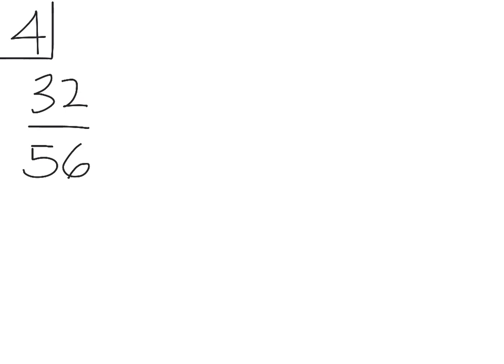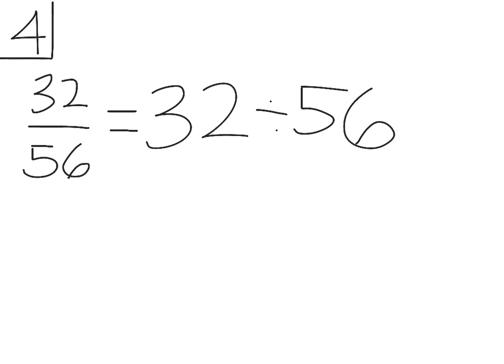So what I'm going to allow you to do on this particular one is use a calculator. All right. How do I put this in a calculator? Same as the other ones, top divided by bottom. You type it in exactly how you see it. It's only when you do it by paper that you write the bottom number first and you divide it into the top number. And so that's what we're going to do. And what we get here, once we divide it in the calculator, you can see this already. You end up with